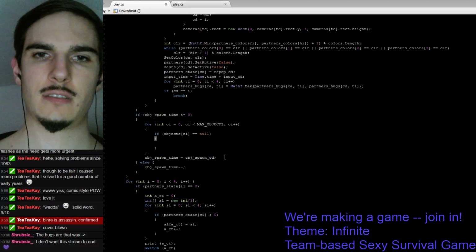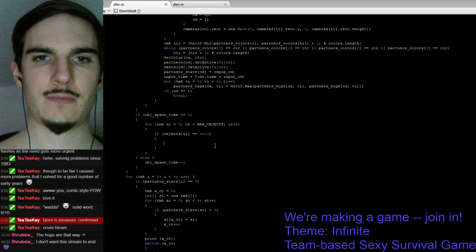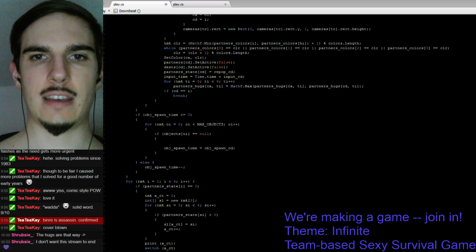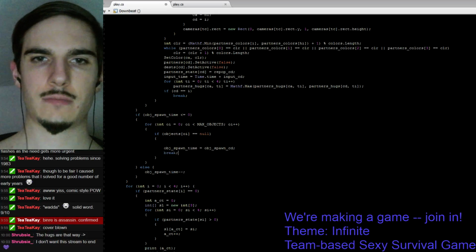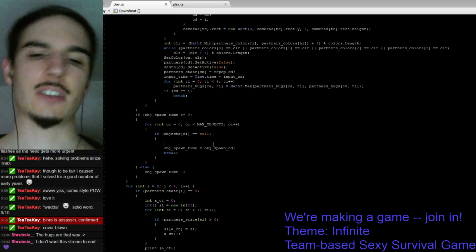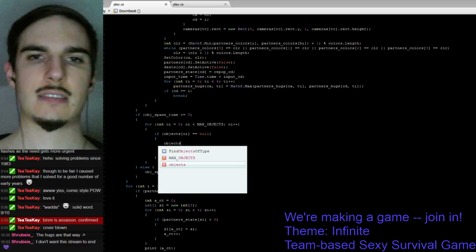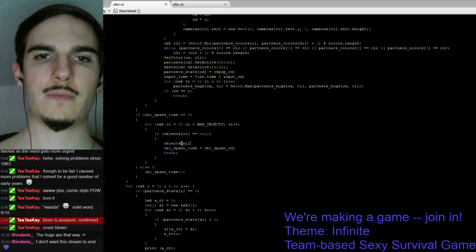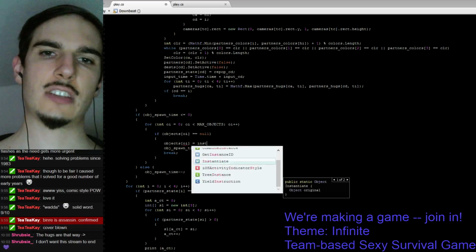So for, if objects oi equals null, actually I'm gonna move this into here, right before break. Alright, so then objects oi equals instantiate